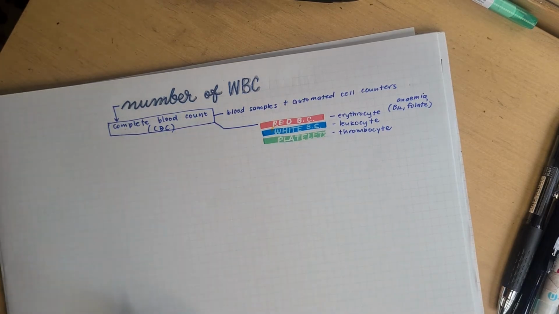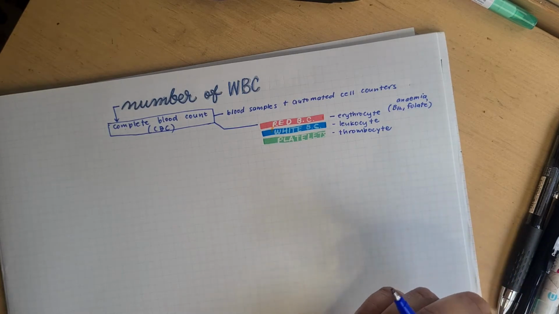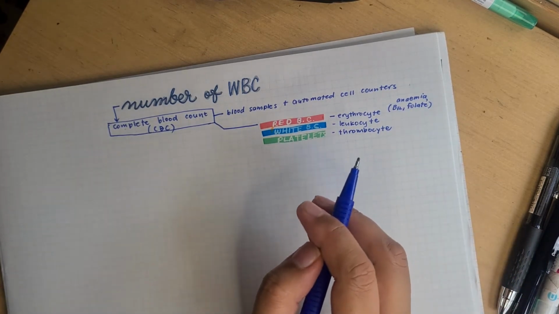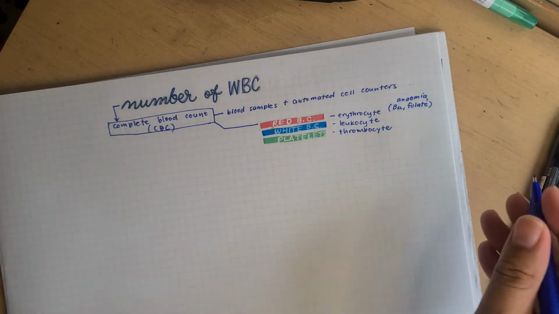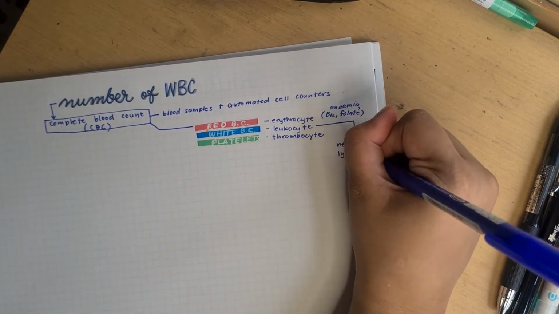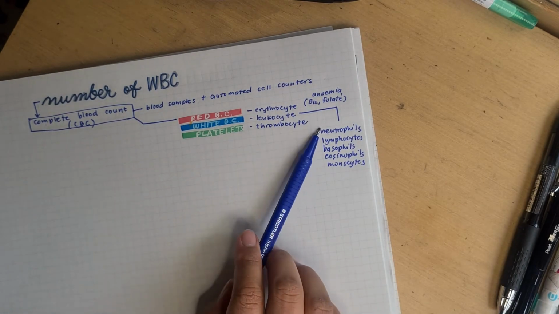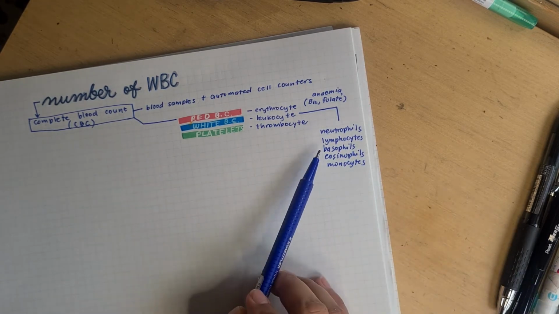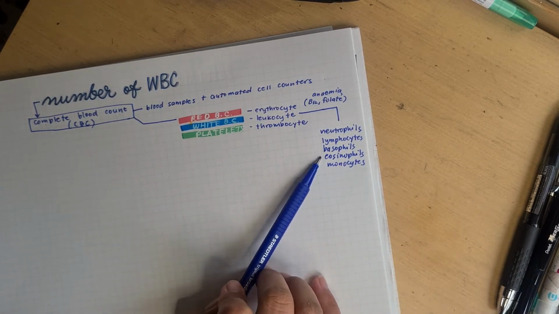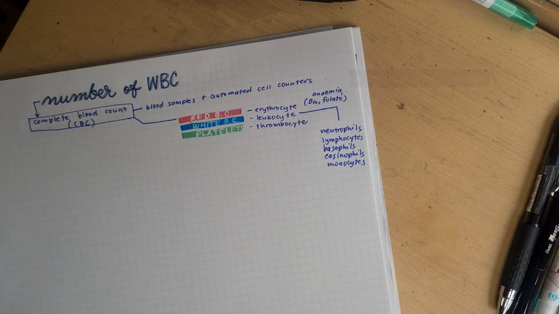Next one, white blood cells. White blood cells are also known as leukocytes, and white blood cells are evaluated per type. Okay? And the types that we have are neutrophils, lymphocytes, the B and the T, the basophils and eosinophils. We did not really talk about this one before because it's not required of the syllabus, but for extra knowledge,